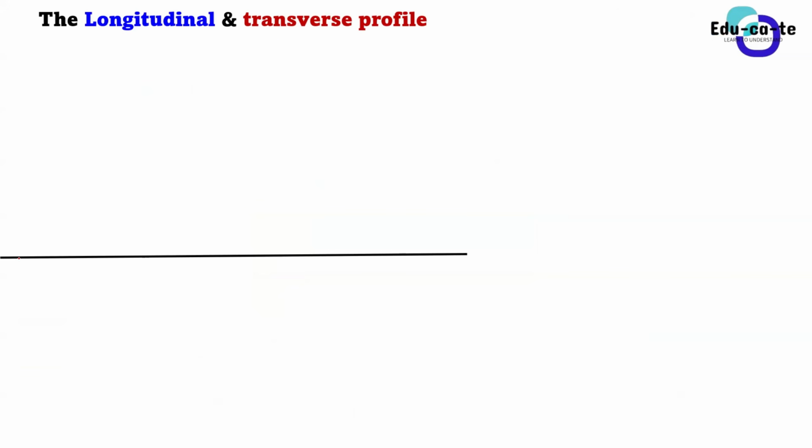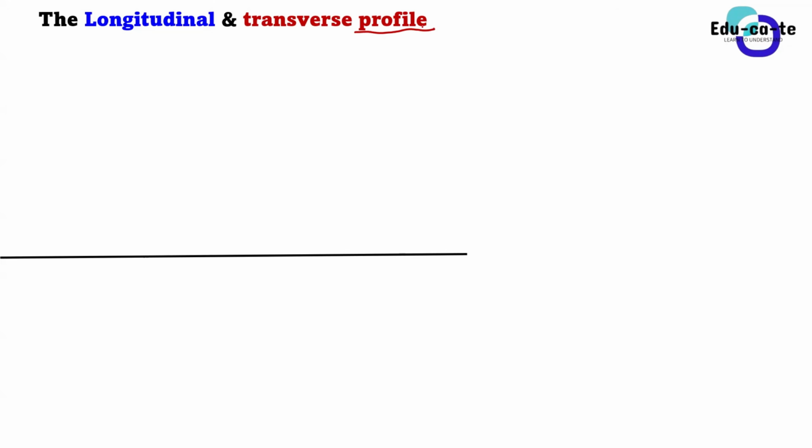The longitudinal and the transverse profile of a river. So we have got a longitudinal as well as a transverse profile of a river. Guys, whenever we talk about profiles, or whenever we are referring to the profiles of something, we are talking about the view from a certain point. When we are looking at a river, how do we view it? Can we view the river from the side, or can we get inside the river? How can you view the river? Let's just say you want to go and see the river. What view do you get from the river?